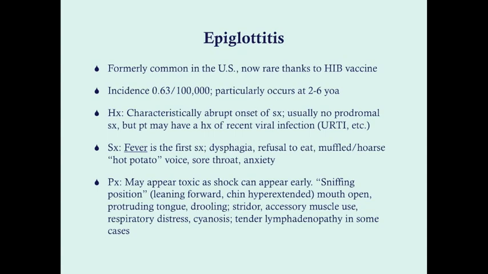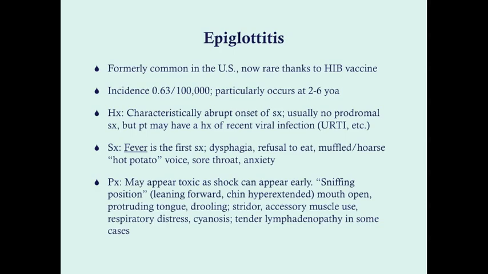A lot of times they'll keep their mouths open with a protruding tongue. Why? Because that's pulling the epiglottis into the position that you would want to pull it into if you were breathing. But unfortunately, because it's swollen, it is now obstructing the windpipe. It's obstructing the larynx, the trachea, and so that's why they have difficulty breathing, and that's why they put themselves into that position. They learn a position that helps them breathe. That's leaning forward and hyperextending the chin. They're just manipulating the epiglottis to allow for more air entrance into the trachea.